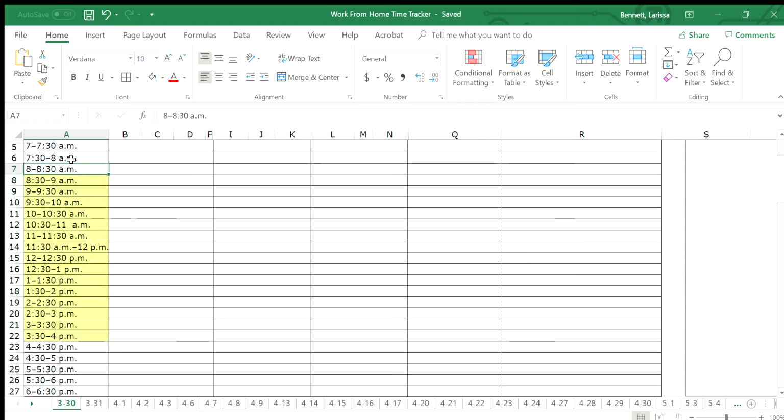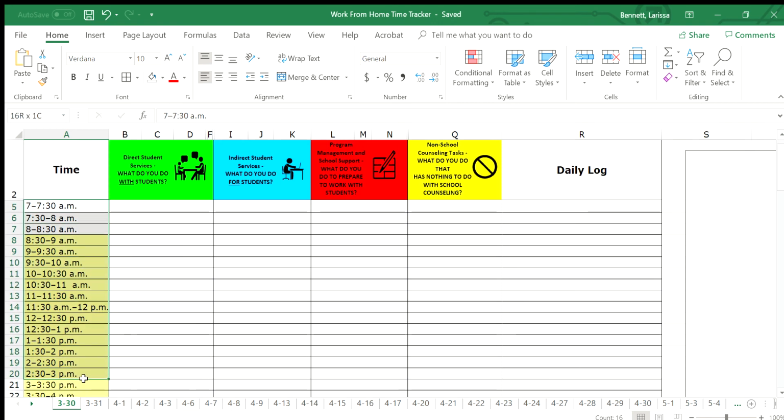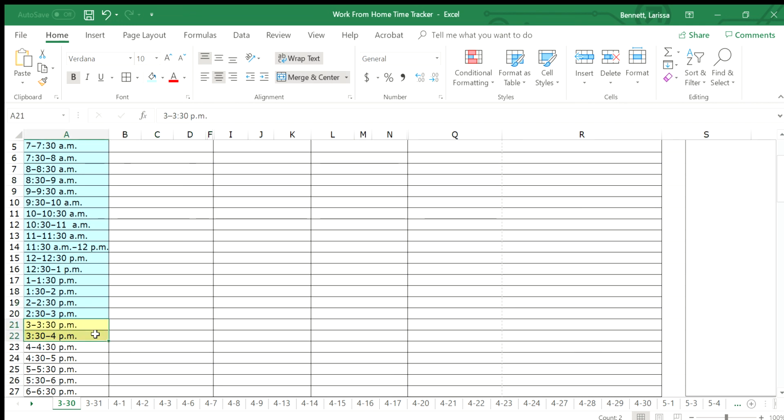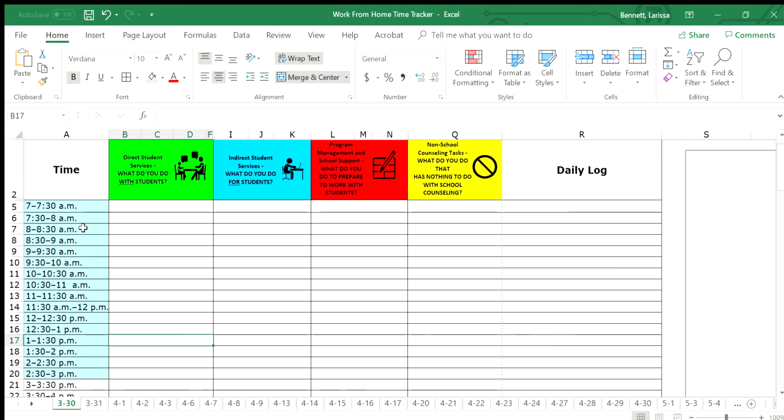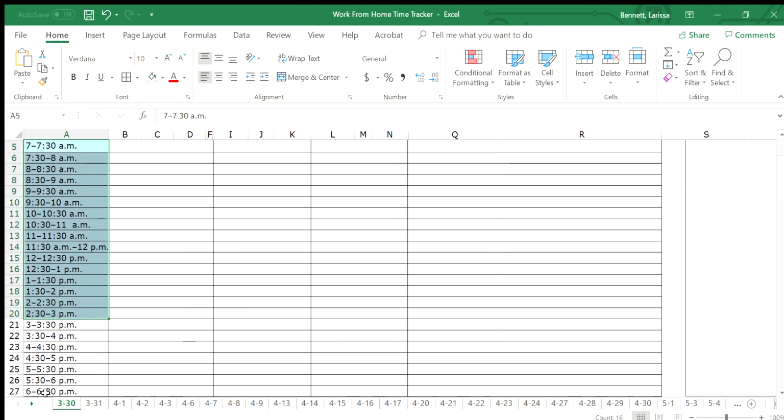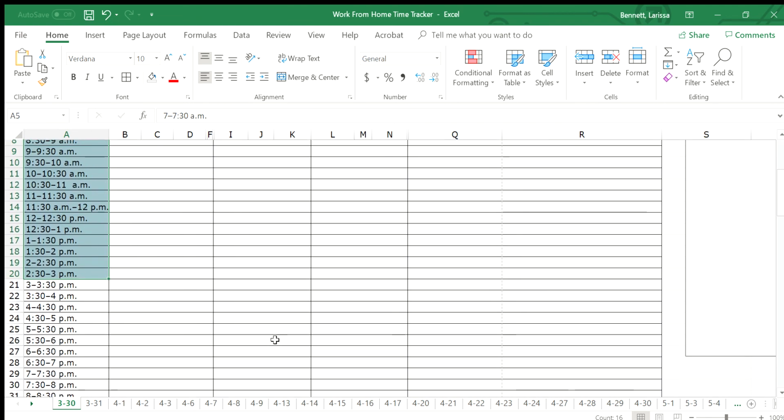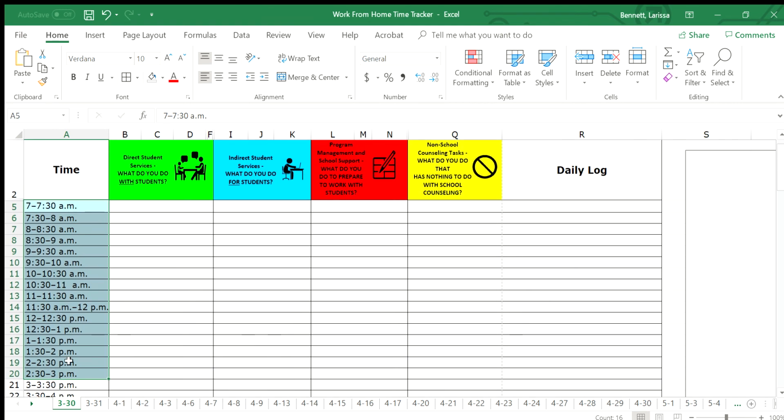So if I'm working from 7:30 or 7 to 3, then I can highlight those areas. And right up here is the paint tool. This is where you can change your colors. So if you prefer, I would like to see blue are the active times that I'm working, then you can highlight there. And if you want to unhighlight, you just click on that paint can again and say no fill, and that will turn it to white. So that's just a good visual that I like to use to show that these are the hours that I am being paid for, and then everything else is just extra volunteer time. So I'm going to leave it just like this for now.